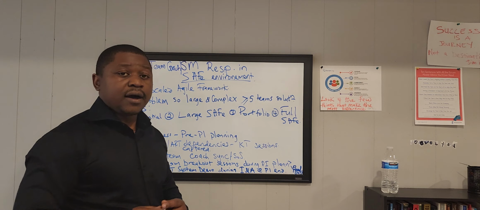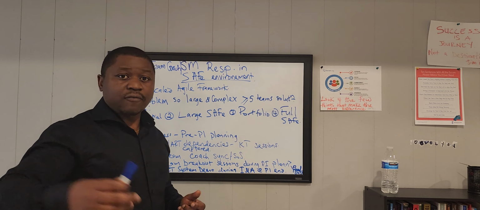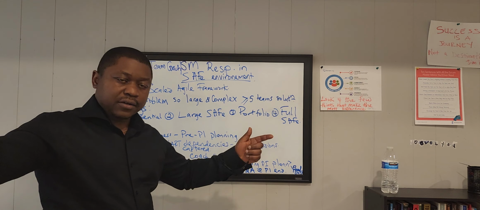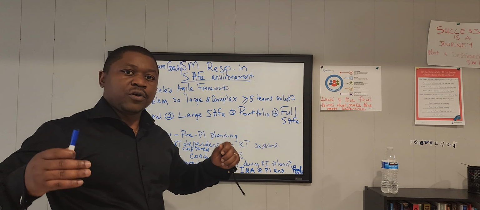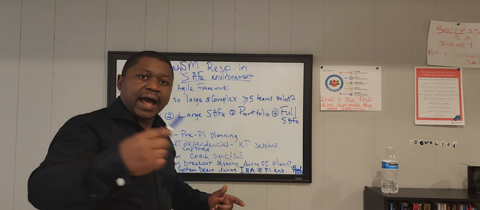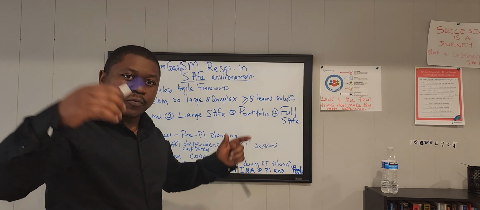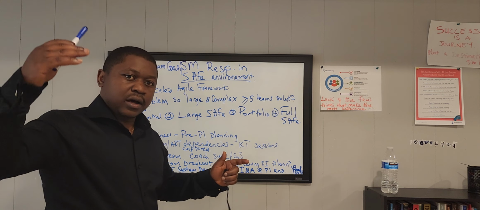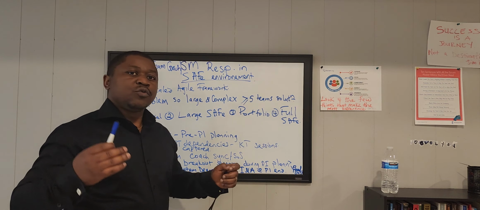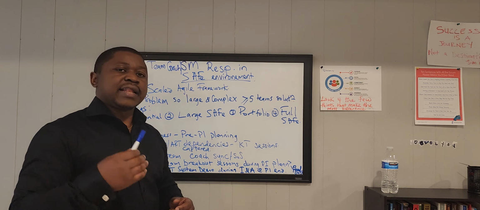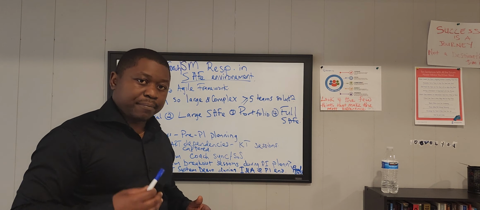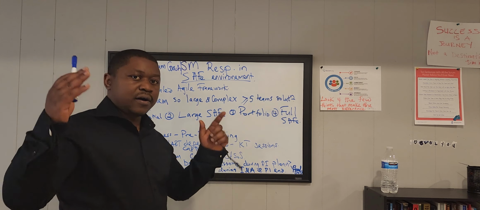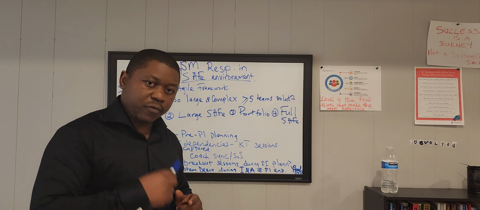In my environment, PI just stands for program increment, which is just the time box that each team in the ART has agreed to plan and execute so that we can achieve the objective of that PI, which is producing a solution to the initiative or initiatives that have been decided upon by leadership. So our PIs lasted for 6 weeks in my environment, and it was two-week iterations.